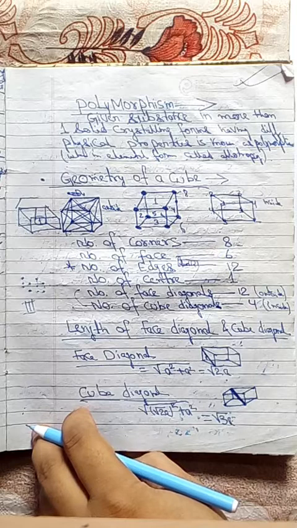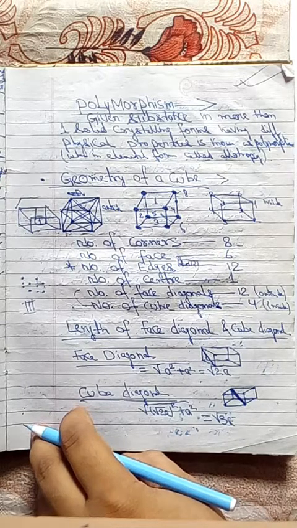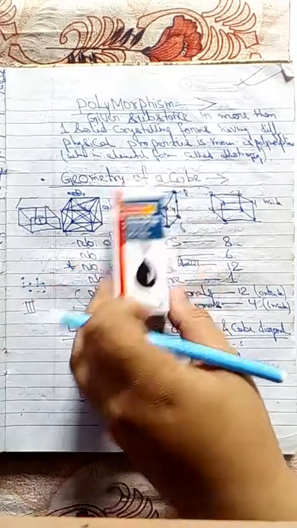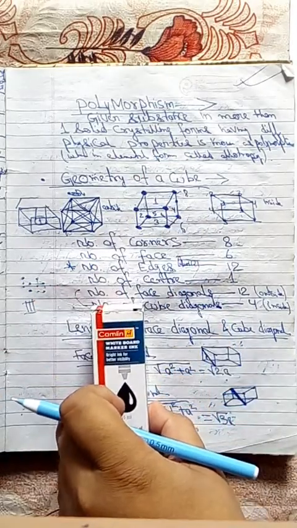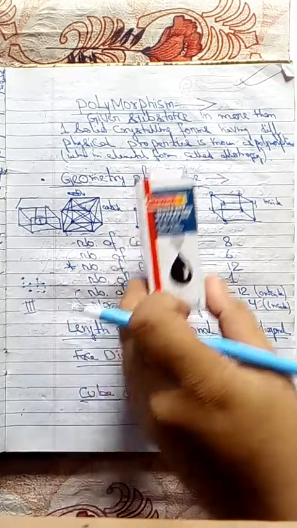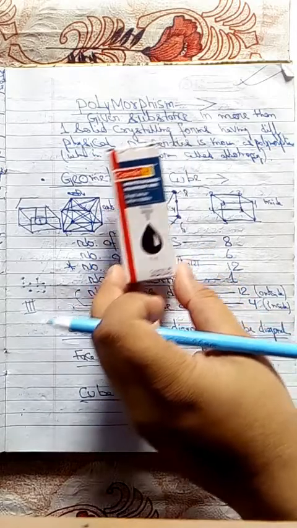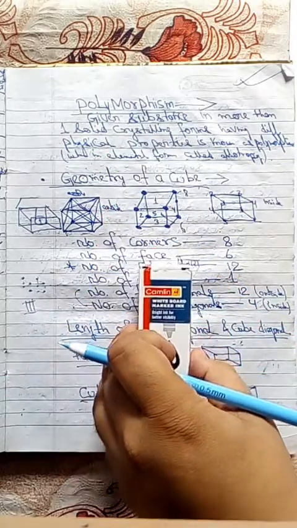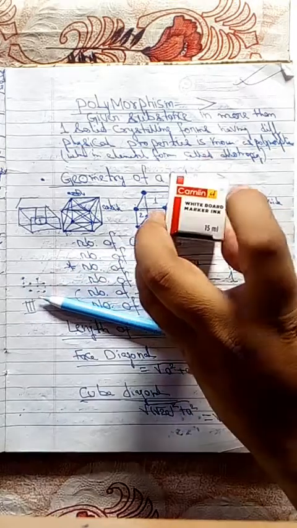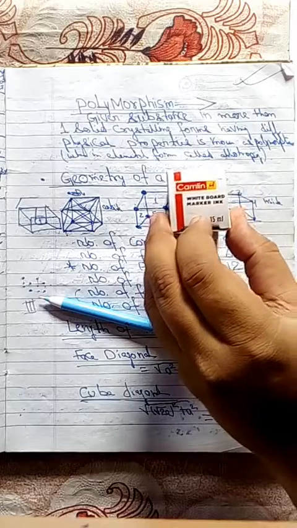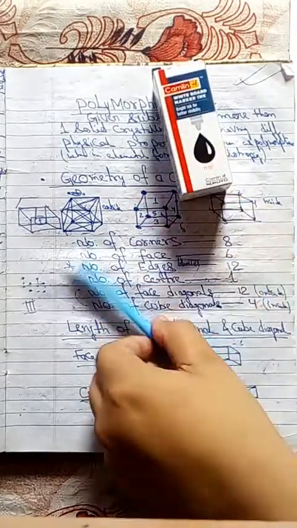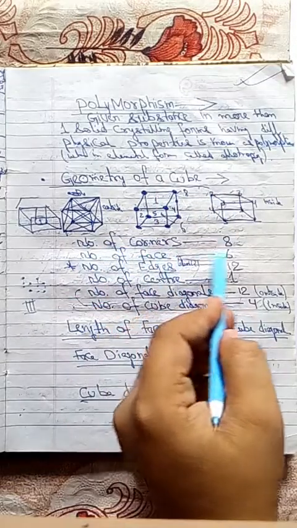To explain the geometry of a cube, I will take the example of the ink pot of a marker. Everyone has an idea about a cube. Today we are going to see the number of corners in a cube. I think many of you know about it, but still we are going to see it. The number of corners refers to these corners, 1, 2, 3, 4 at the top, and in the same way at the back, 1, 2, 3, 4. So how many corners are there in a cube? The number of corners in a cube is 8.